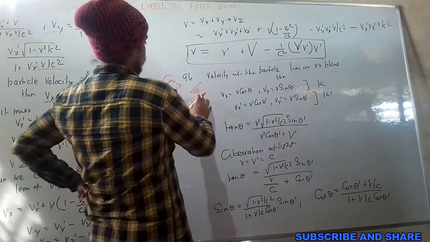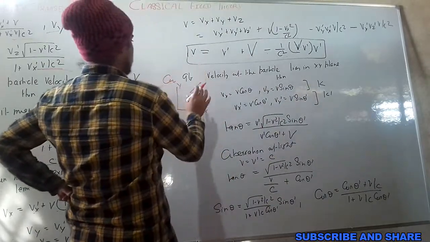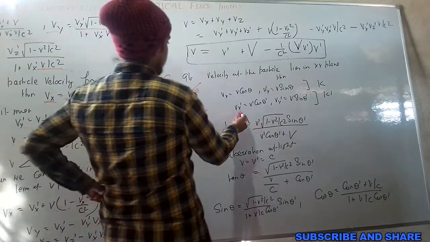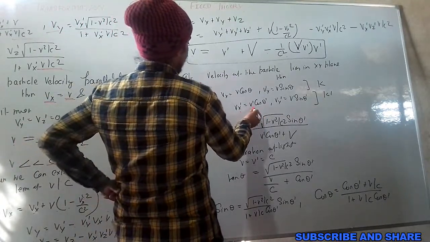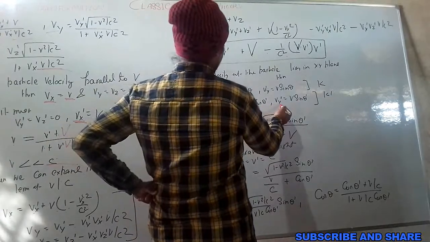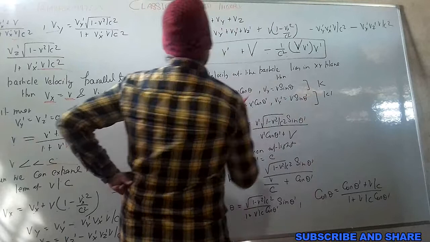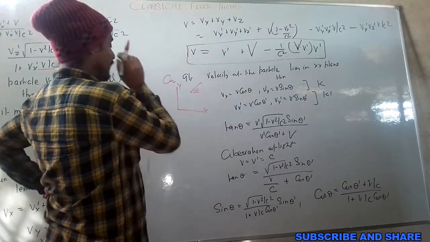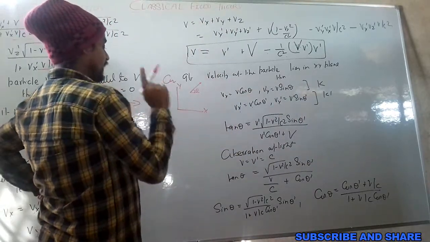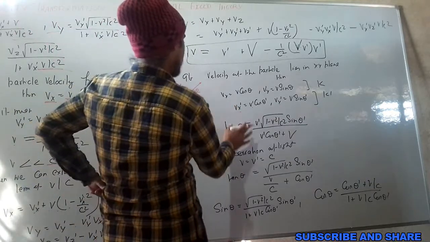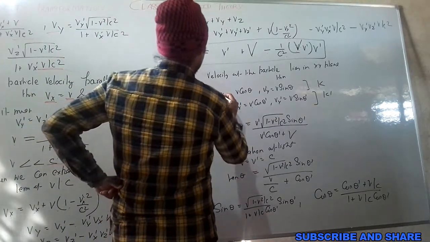Now when we are looking at the particle velocity from the k dash reference frame, it will become Vx dash is equal to V dash cos theta dash, Vy dash is equal to V dash sin theta dash. Here theta dash is the angle in the k dash system, and when we substitute Vx and Vx dash, Vy and Vy dash